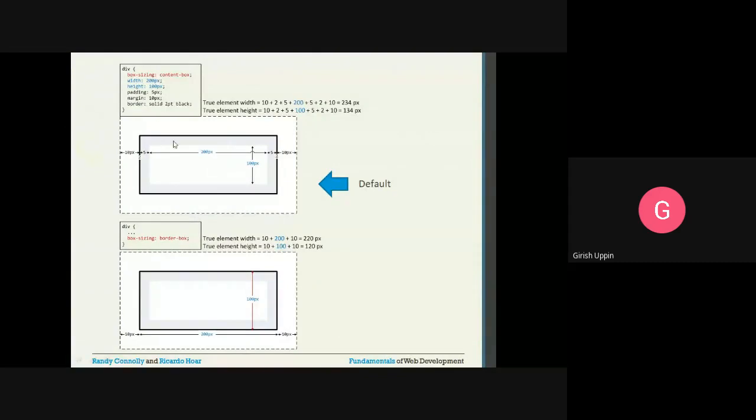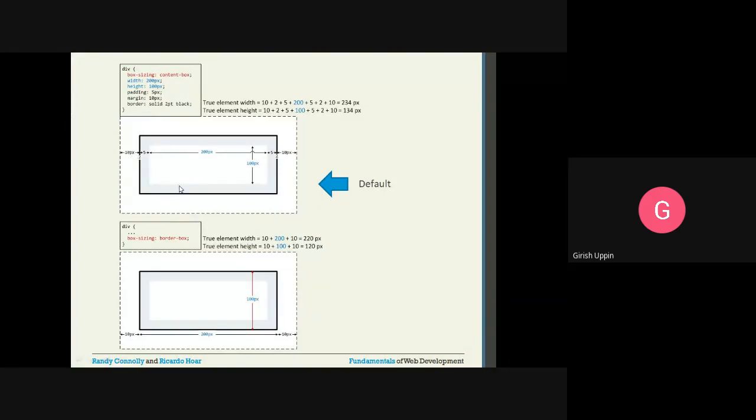So here you can see the next example, box sizing, content box. The type of the box is a content box. If it is a content box, then the content width is 200 pixel, height is 100 pixel, padding 5 pixel, then the border is 2 pixel, and margin is 10 pixel.